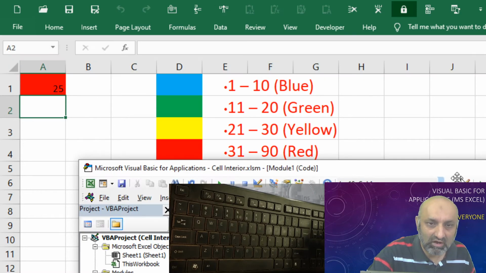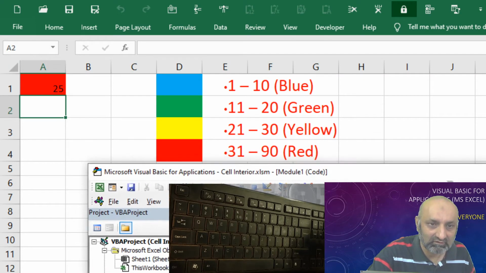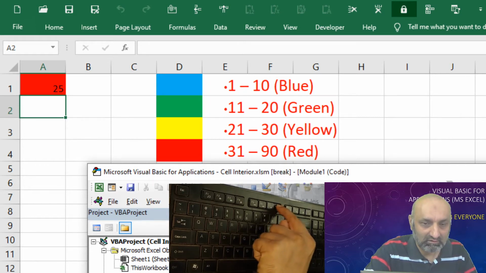Let's see how our macro is reading and running our commands. If I go through debug mode, is it less than 30? Yes, it is turning yellow. Then why are we seeing red? Because 25 is also less than 90, so this changed the color index to red again.